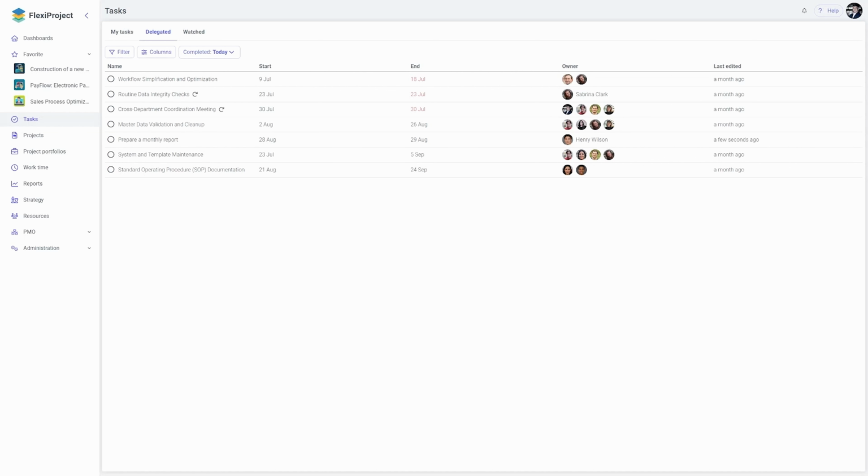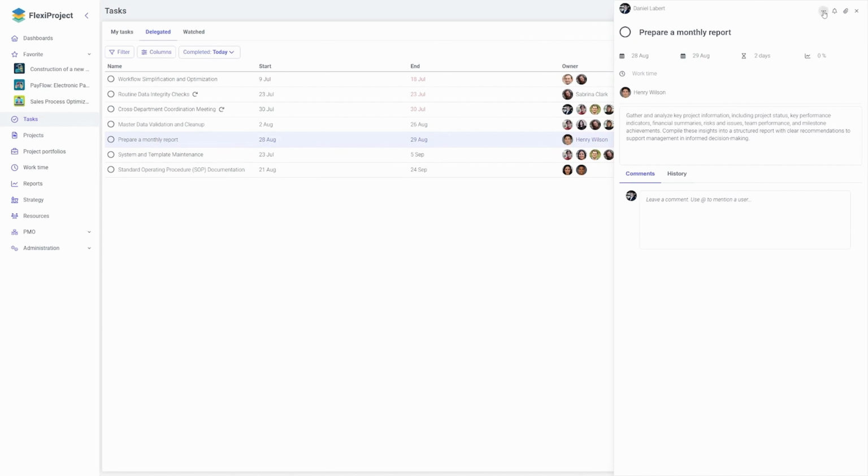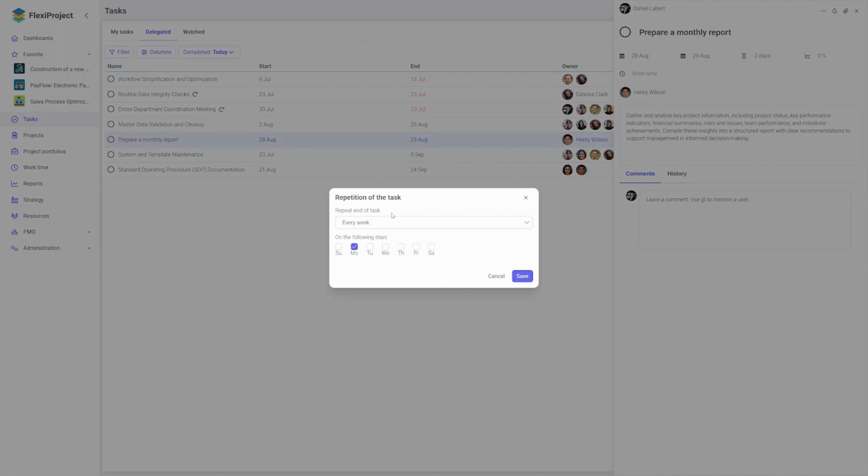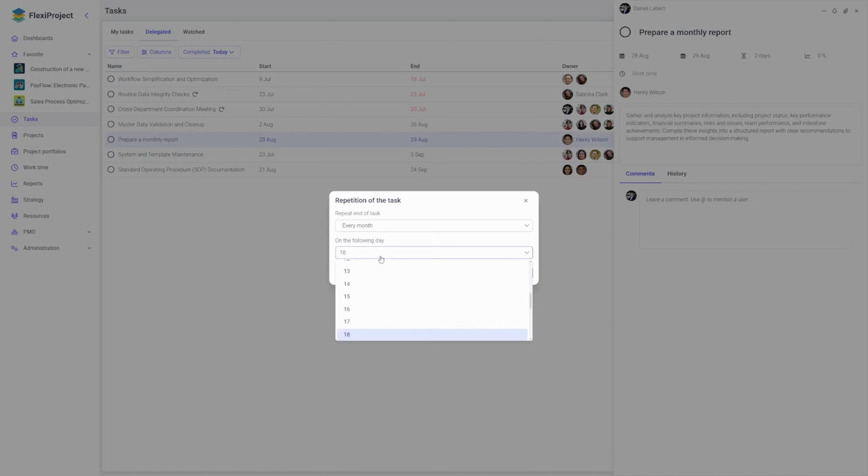This means the task will repeat periodically. Let's make the task, Prepare a monthly report, a recurring task. I click on the three dots to see more options. I can set the repetition of such a task. The first thing the system will ask me is about the repetition in relation to the end of this task. This means it asks me whether this task should appear every week, every month, or every year. I will set it so that I want the monthly report to be every month, and we can determine on which specific day. I will choose the last day of the month, and after saving, such a task will change